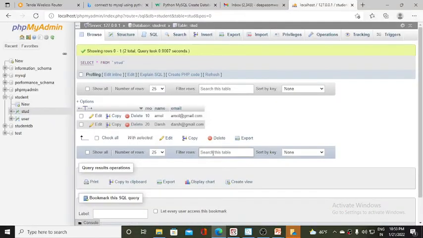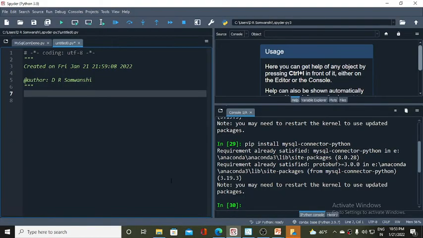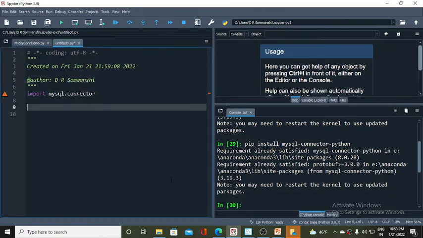So now I'm moving towards the Spyder. First I need to import the package that is needed for connecting to MySQL database. So the name of the package is mysql.connector. Then once you import the package, you can initialize your connection like this: